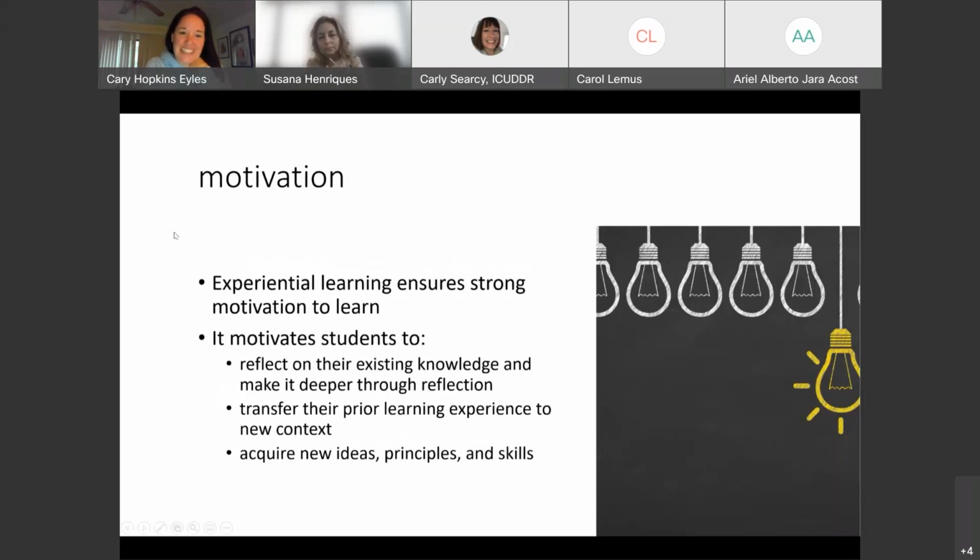And one of the things that's great about experiential learning is that it helps with motivation. We're always, as teachers and trainers and clinicians, motivation is a big deal, right? We're always trying to improve motivation and get our students engaged and get our clients engaged. And so, that being the case, we want to improve motivation. I just want to see this comment in the chat before I keep going.